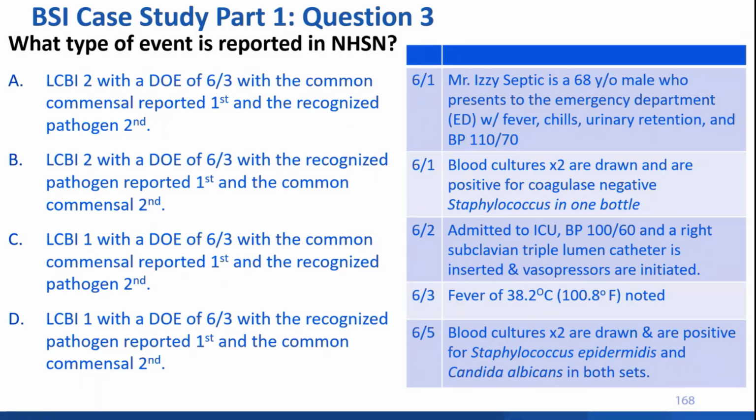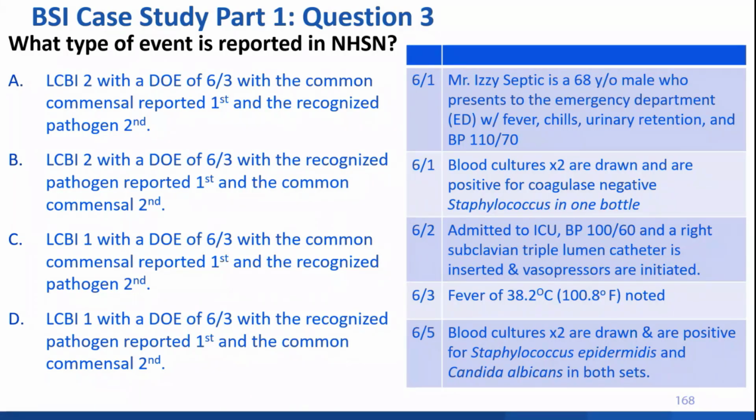Okay, what type of event is reported in NHSN? A, an LCBI2 with a date of event of 6-3 with the common commensal reported first and the recognized pathogen second. B, an LCBI2 with a date of event of 6-3 with a recognized pathogen reported first and the common